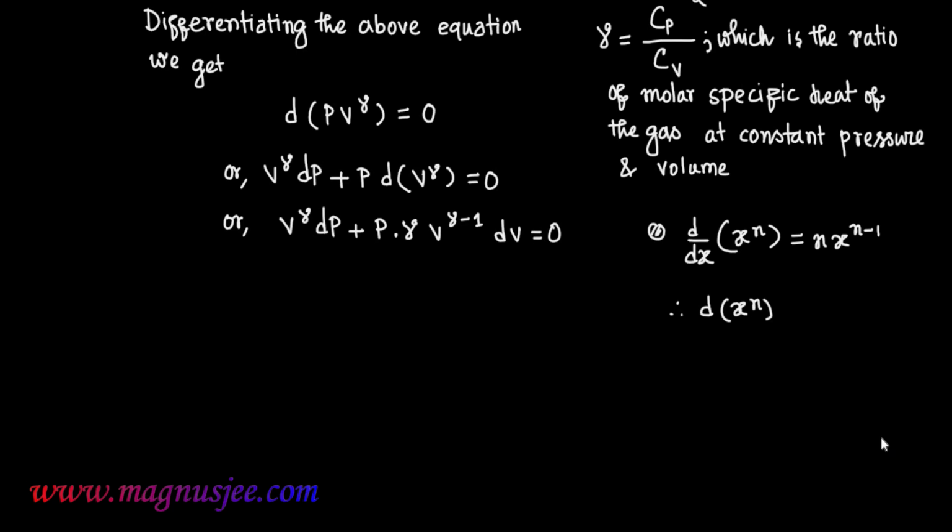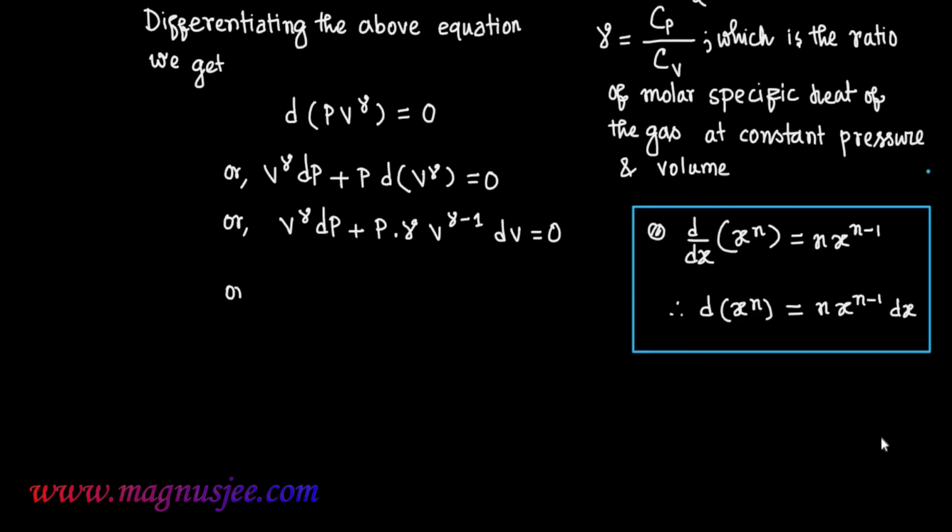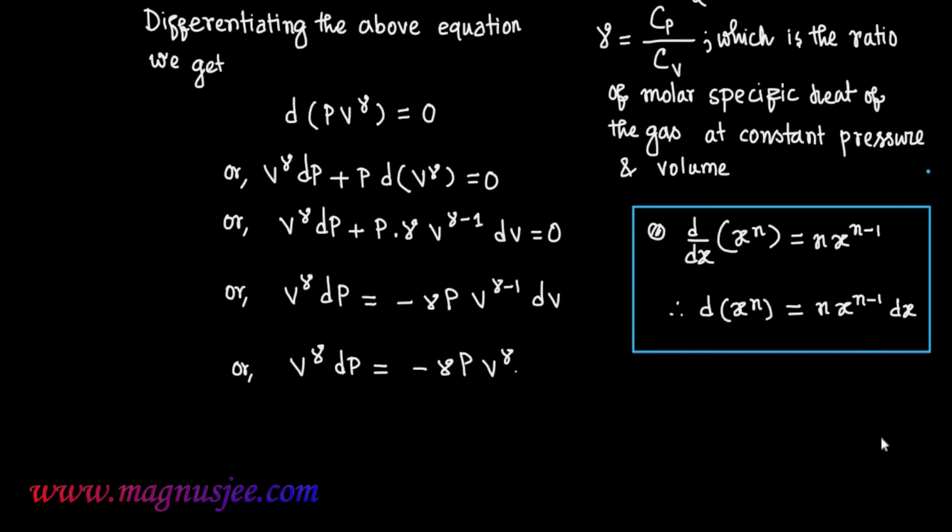Therefore, d of x to the power n equals n x to the power n minus 1 dx. Or V to the power gamma dP equals minus gamma P V to the power gamma minus 1 dV, or V to the power gamma dP equals minus gamma P V to the power gamma times V to the power minus 1 dV,